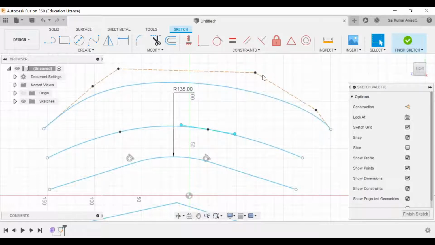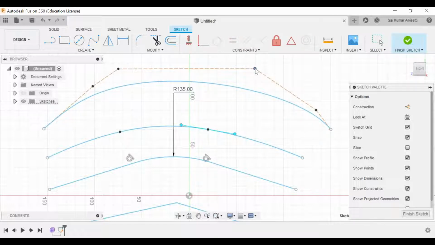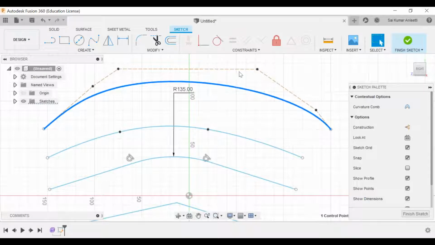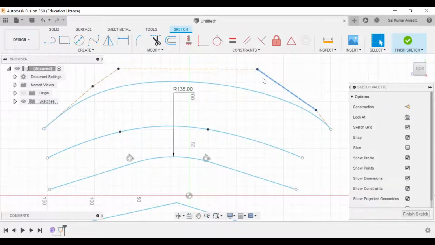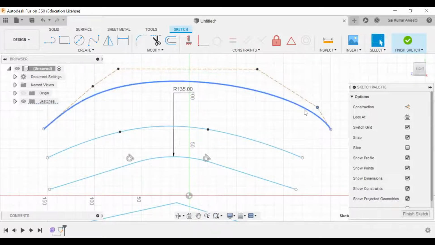But in this curve, the control points are away. So if I want to change the shape of it, I move this particular point which is away from the curve, and I can control the shape. What this actually means is, this curve is tangent with respect to this line and this line. If I move this one, the curvature will turn over here. It is concentrated more or less at this workspace. So this is how your splines are.